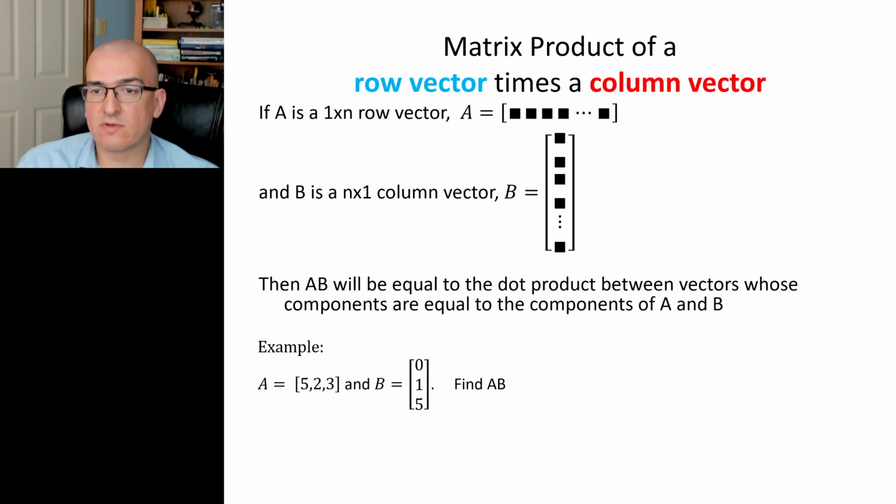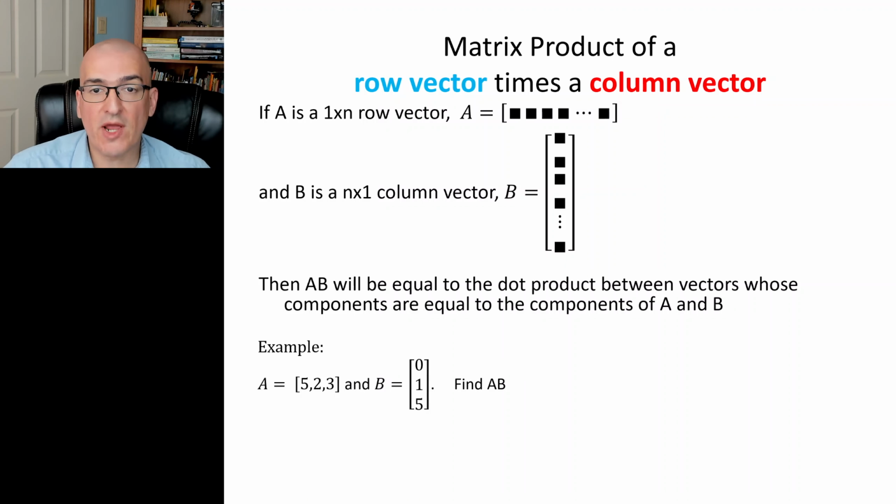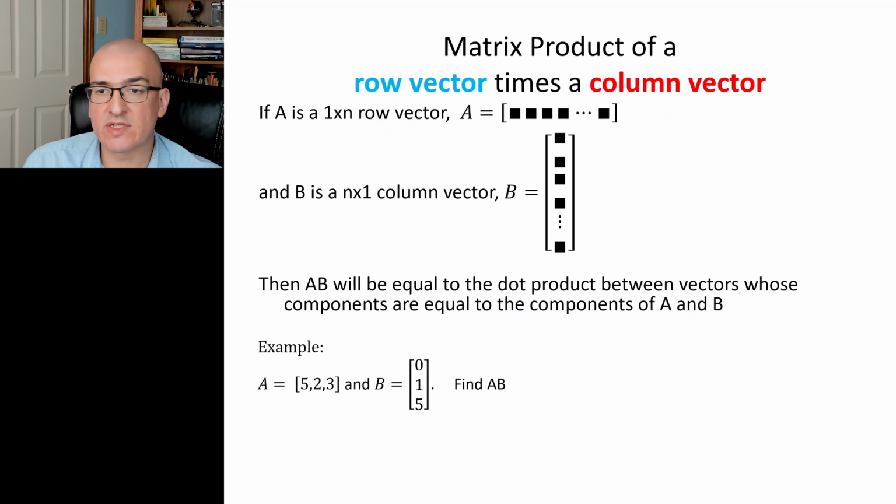So I put little squares here, just to indicate it doesn't matter what the numbers are, independent of the values there. If the shape is one row, we call it a row vector. If the shape is one column, we call it a column vector. If we're asked to do a matrix multiplication between a row and a column, then we can treat it like a dot product. We can say that the result will be a number,